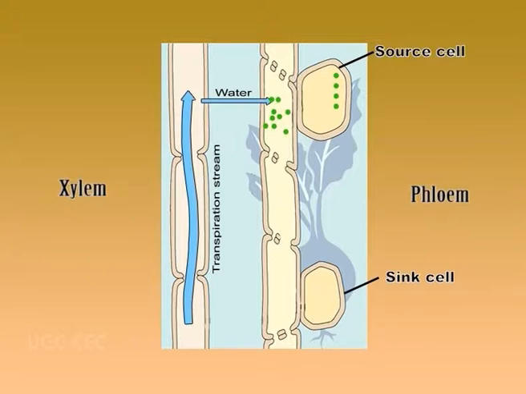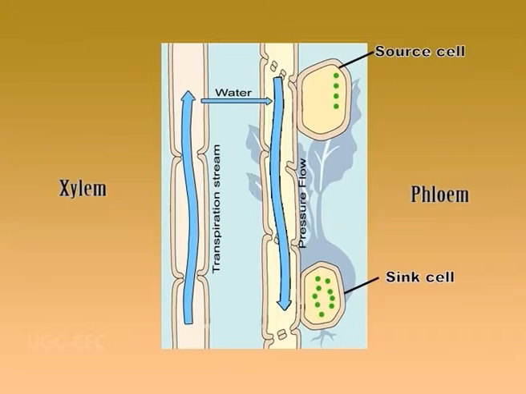At the receiving end of the translocation pathway, phloem unloading leads to lower sugar concentration in the sieve elements, generating higher solute potential in the sieve elements of the sink tissue. As a result, water potential also increases. As the water potential of the phloem tissue increases above the xylem, water tends to leave the phloem and causes a decrease in turgor pressure in the sieve elements of the sink.